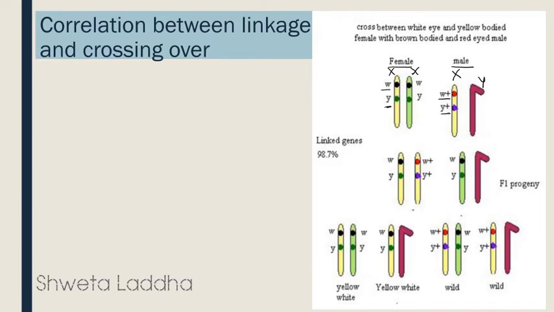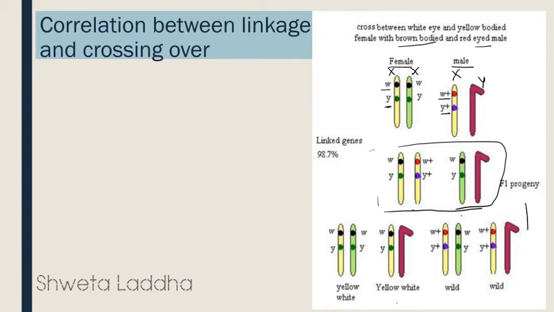You can see that when such type of cross took place, in F1 progeny all the Drosophila were almost similar to the parents. You can see in this female, this yellow chromosome. So of course it is an X chromosome, but if we consider according to the color, it shows w and y similar, closely placed to each other. F1 generation also w and y are similar. w plus y plus together, w plus y plus together. w and y together, w and y together on the green chromosome. We are not talking about Y chromosome because it does not have any gene responsible for these two properties, that is the color of the body and the color of the eye.